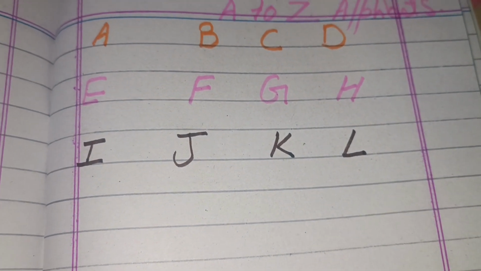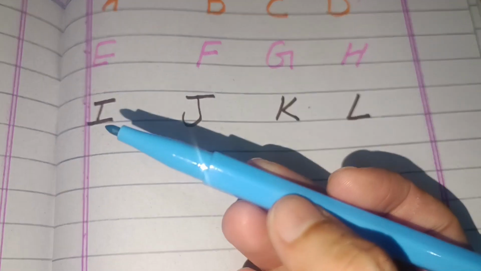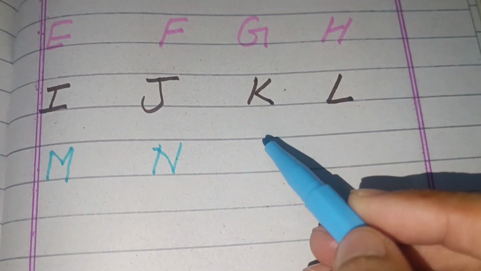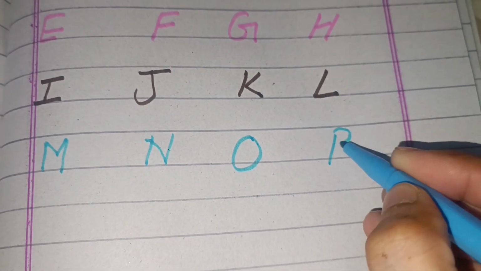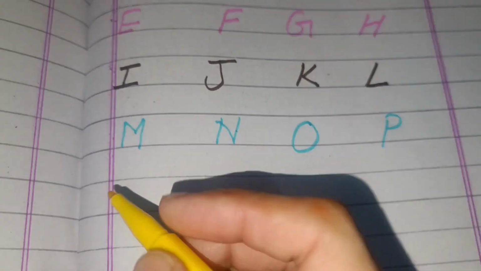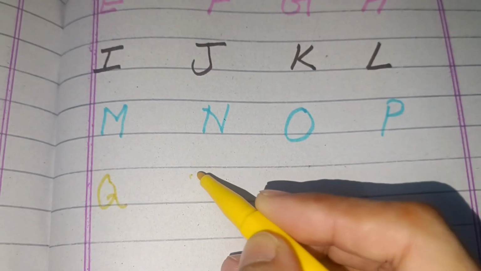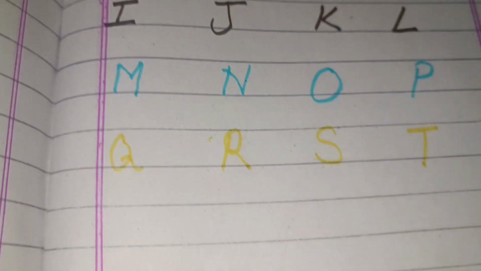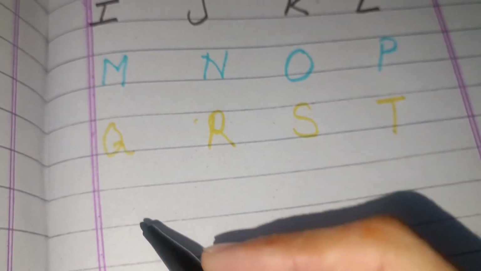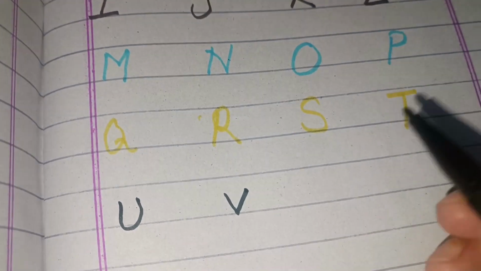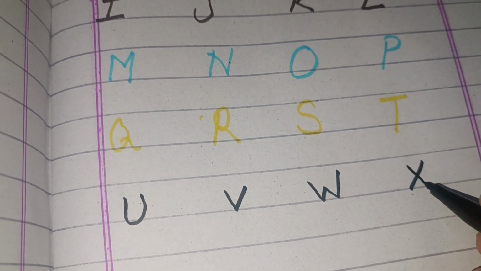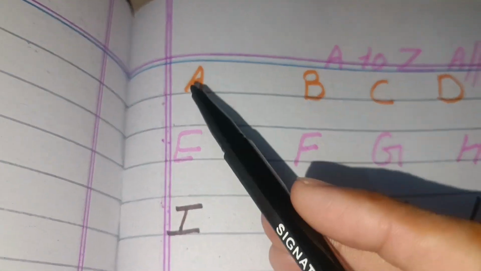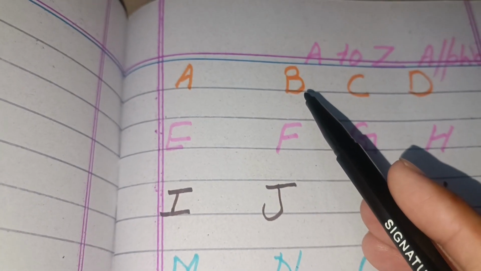L. अब हम लिखेंगे अपने ब्लू कलर से, this is a blue color, M, N, O, P. अब हम लिखेंगे अपने येलो कलर से Q, R, S, T. अब हम लिखेंगे अपने ब्लैक कलर से U, V, W, X, Y and Z. फिर से हम रिवीजन करते हैं।